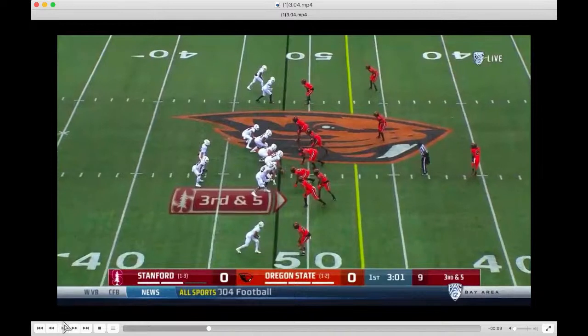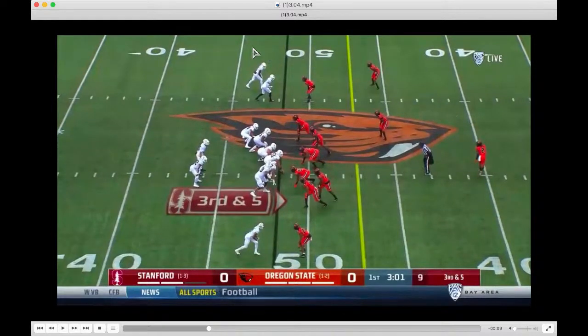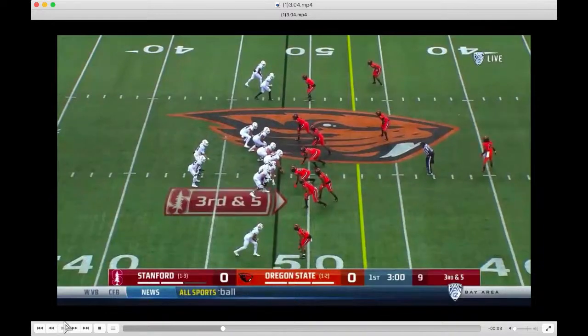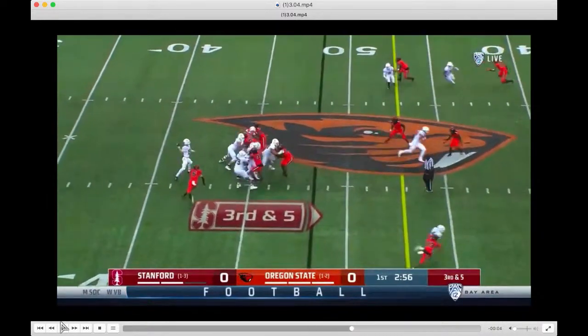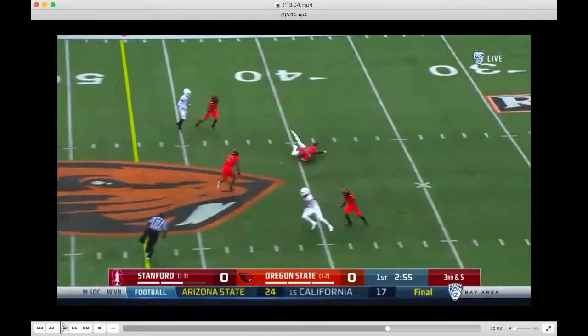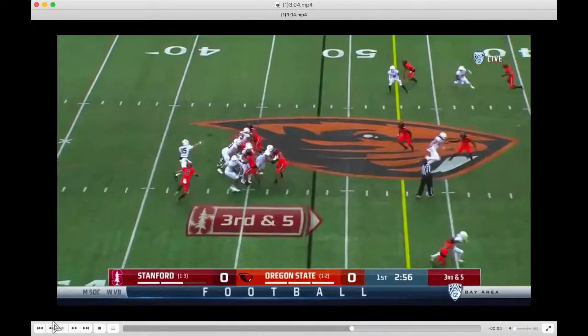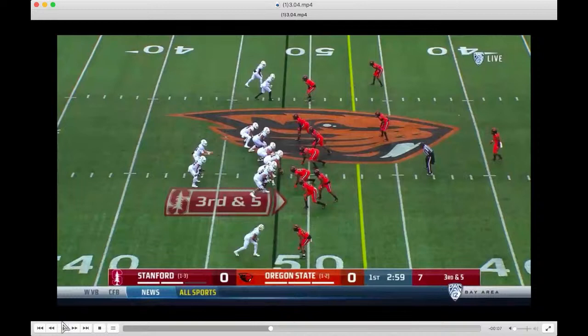State's coverage. Here we're going to see a completion to this outside receiver up here at the top of the screen. All right, so the passing concept that we're interested in is coming from these two receivers up here at the top. So let's check that out. All right, so that's what they're doing. Let's talk about how they opened that up and how that worked well against what Oregon State's trying to do